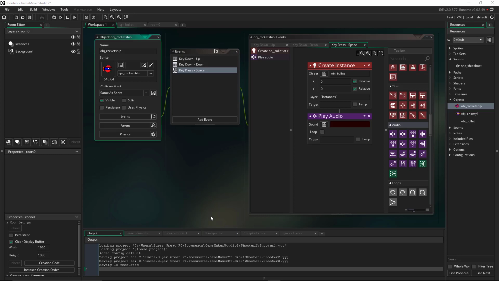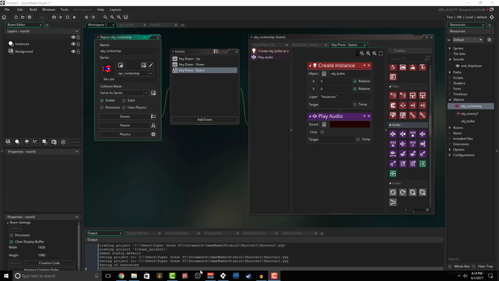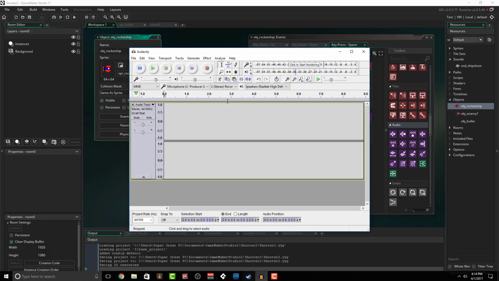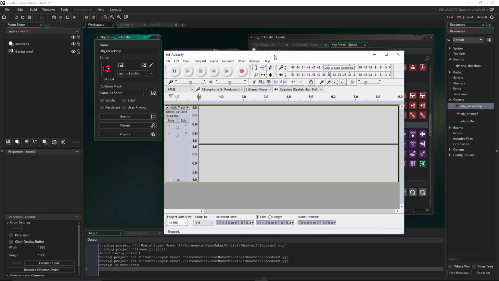All right, so our next step is to make some sound effects so that when our spaceship shoots, it makes a sound, and when it blows up the ships, there's some sound. And we could just use default sound files that you go out on the web, maybe search for stuff, WAV, MP3,